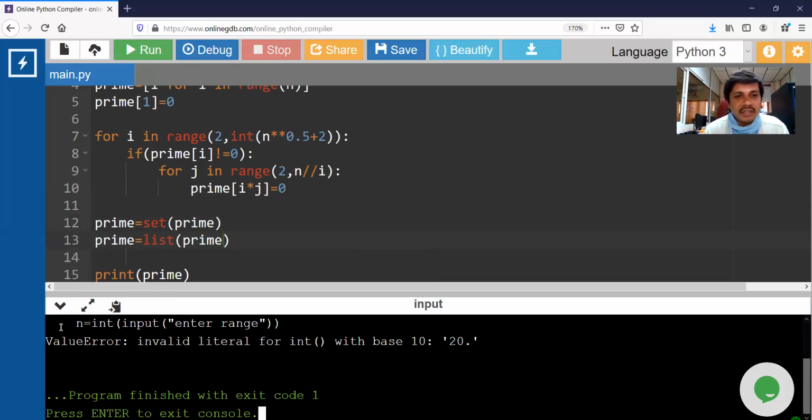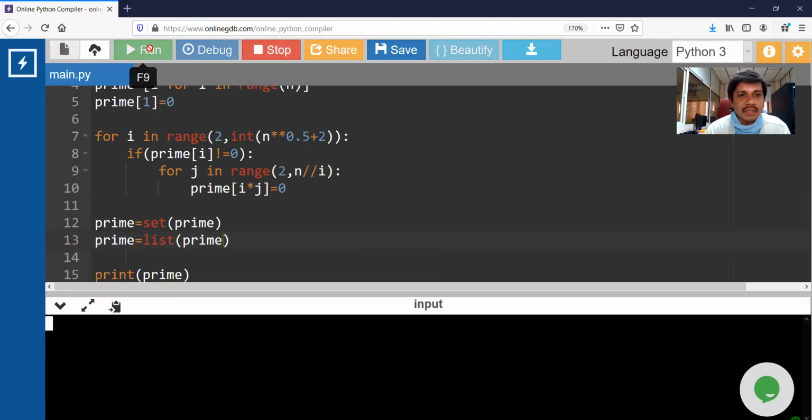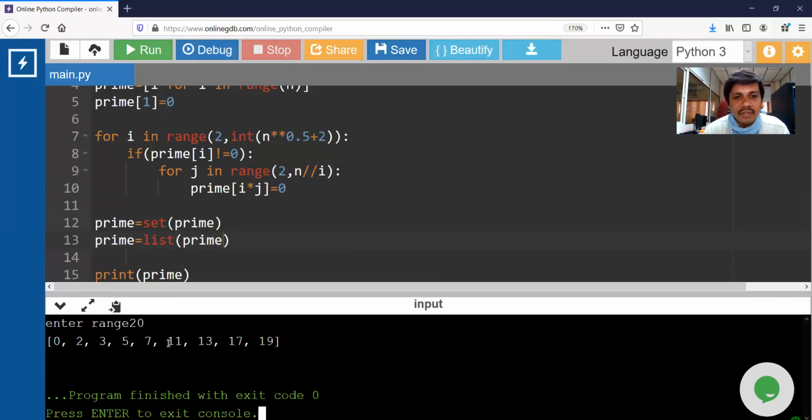Range 20. A list of numbers, and remove this 0. How can you remove that 0? Apply the function prime dot remove 0. So 0 will be removed from the list.